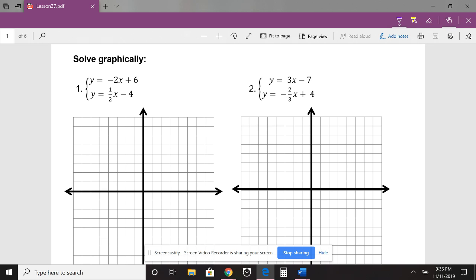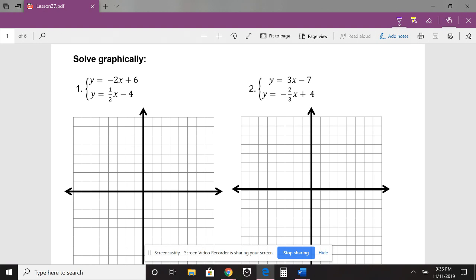In today's video, we are going to be solving systems of equations graphically. Now remember, a system of equations is two or more equations. In order to solve them, we need to see where they intersect. So we're going to graph these two lines and see where they intersect, and that's going to be the solution